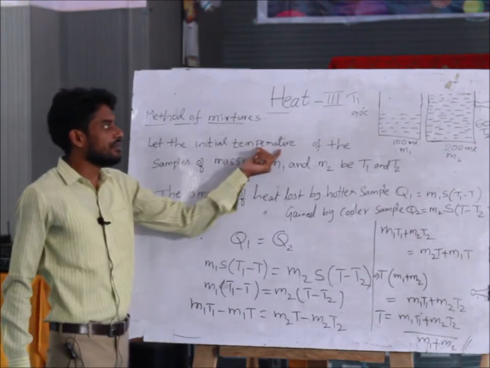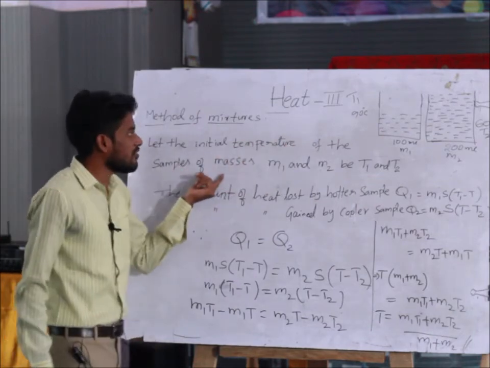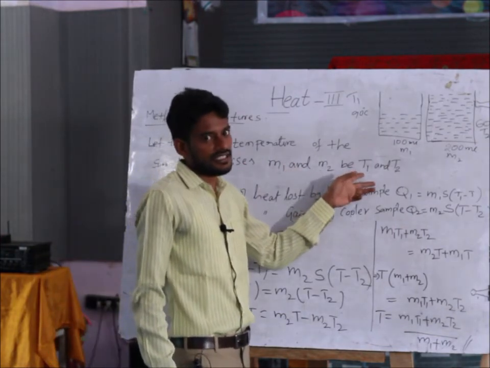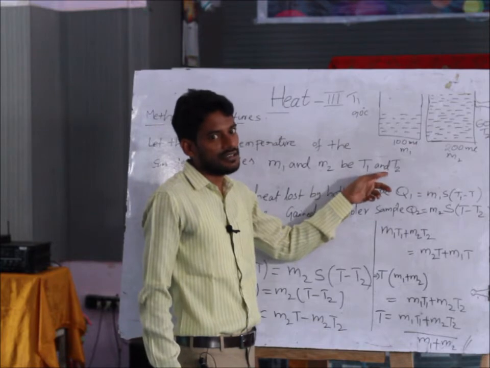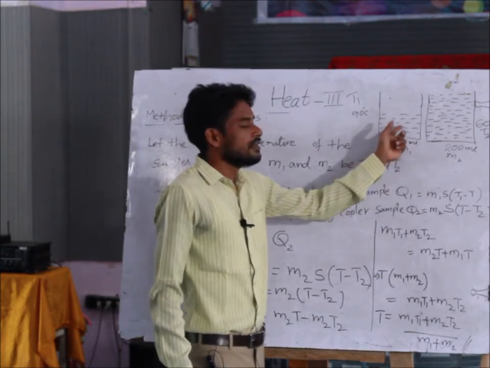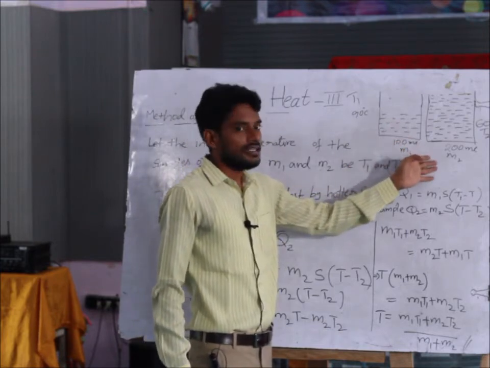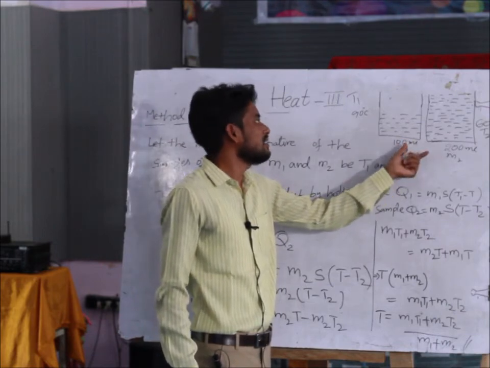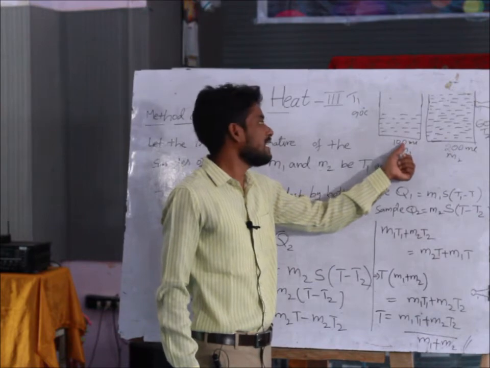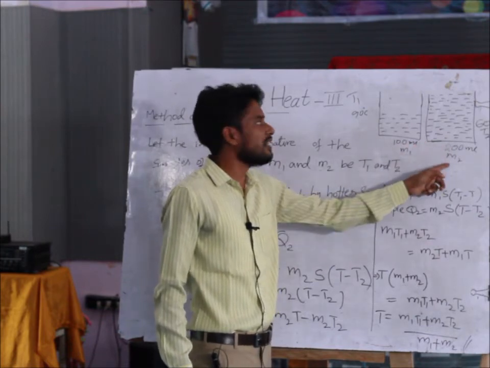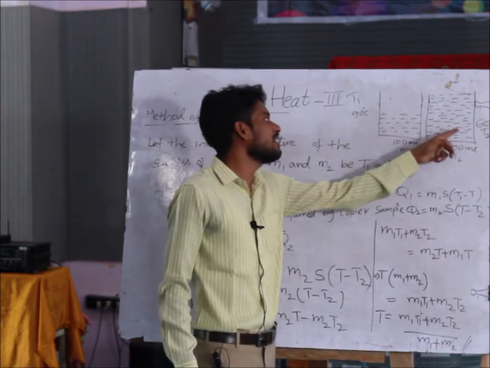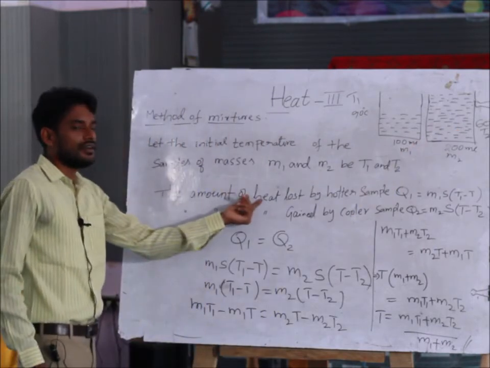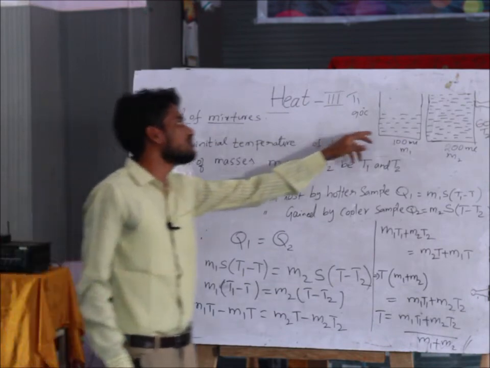Let the initial temperatures of the samples of masses M1 and M2 be T1 and T2. In our situation we have taken two beakers of about 100 ml and 200 ml, masses M1 and M2, temperatures T1 and T2. Now the amount of heat after mixing these two